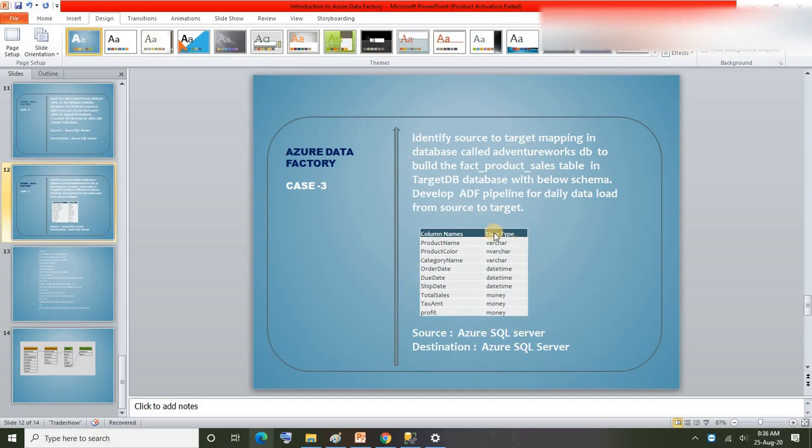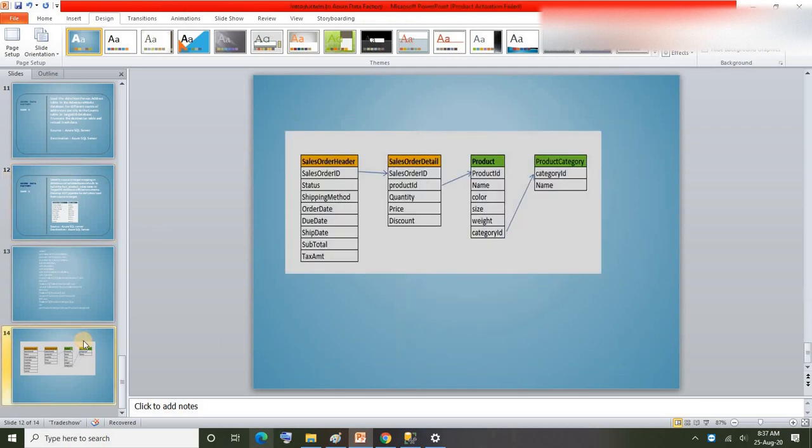Based on the given table below, it shows what columns exactly I need in our target table. We can see product name, product color, category name, order date, due date, ship date, total sales, tax amount and profit. Alright, I already identified what tables and what columns I need to pull from each of those tables. Let me walk you through the design that I created.